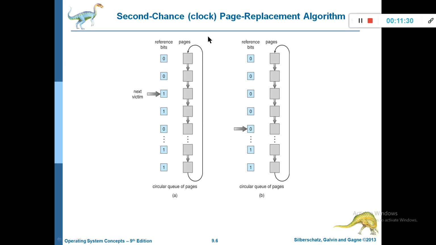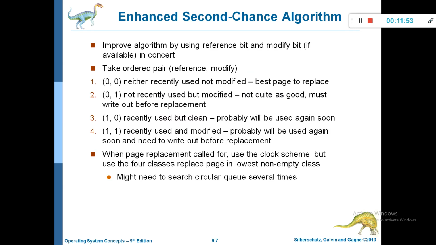And for the implementation of the second chance page replacement algorithm, we are using circular queues. What queues are we using here? Circular queue for the implementation, and we are using the method called first in first out, because a queue is going to work in the fashion first in first out. This is one more method that is going to be used for the implementation of the least recently used algorithm.